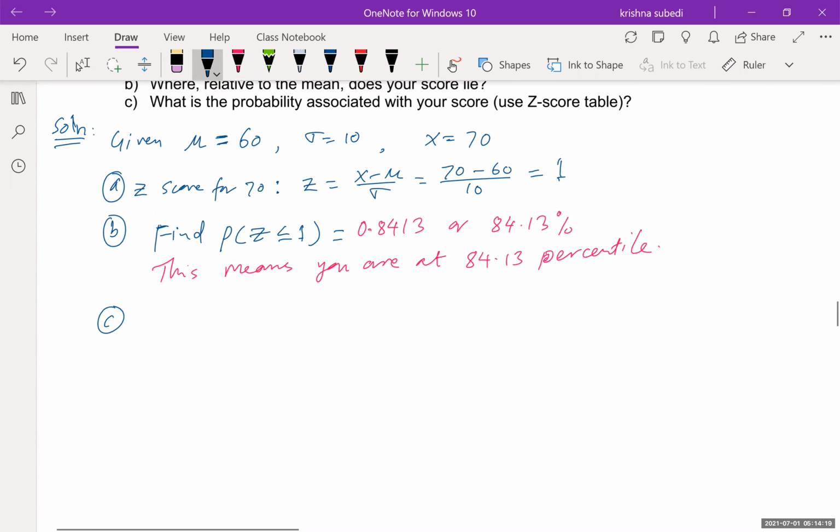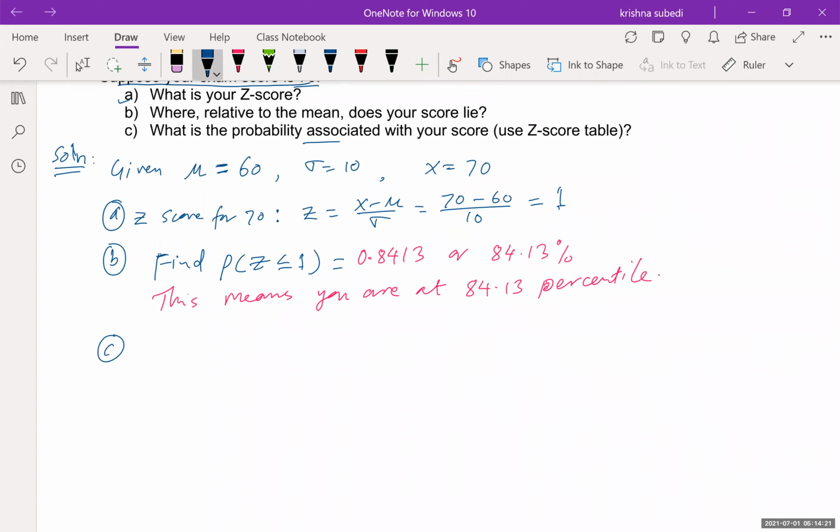Now part C, what is the probability associated with your score? Use the Z score table. In other words, what part C is asking you is how many of the students did better than you and how many of the students did poorer than you. You know that you are at the 84.13 percentile. That means